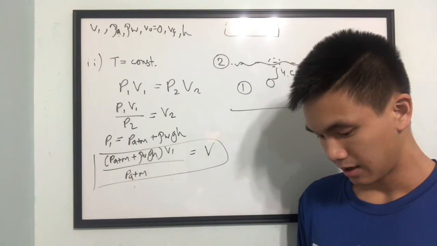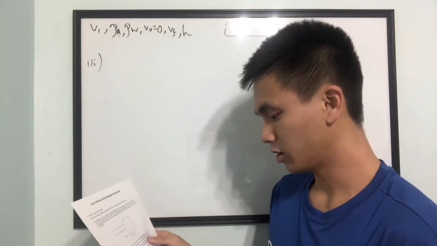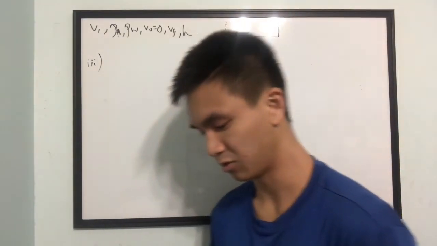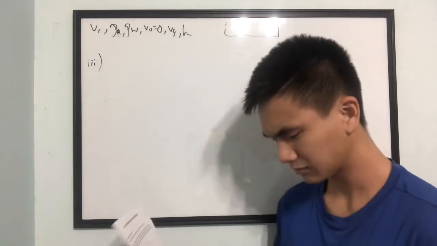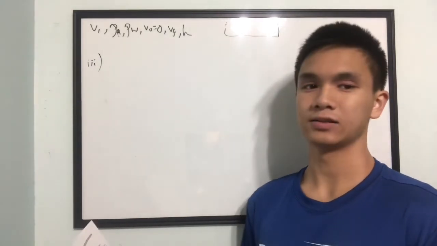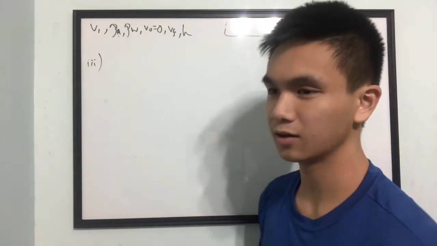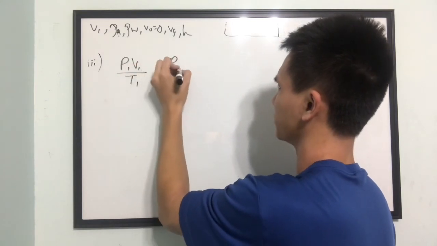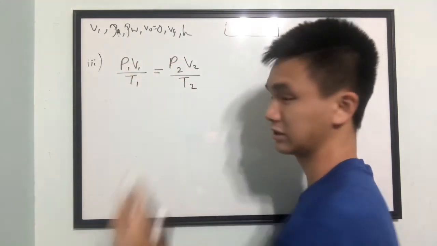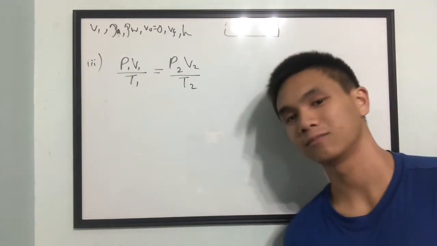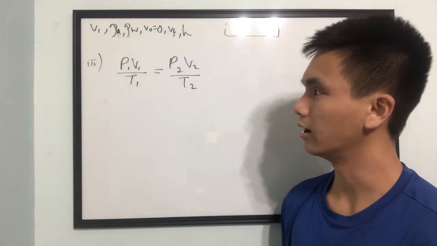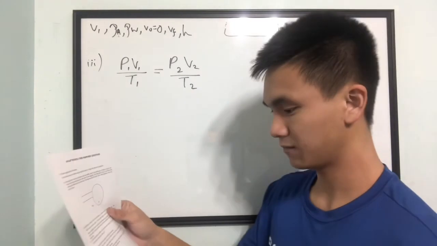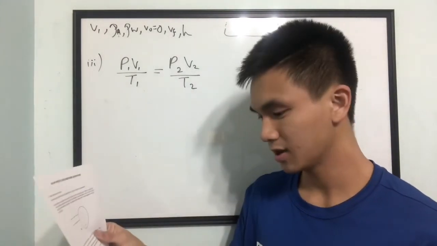So if the air in the bubble cooled as it rose, the volume of the bubble would be less than the value calculated in part C. Use physics principles to briefly explain why. Okay, so you can use the ideal gas law to demonstrate this. I would personally go for this. I would show an equation because I don't really like writing a lot of words. And then I would solve for V2 and basically explain that if you want to put this into words, I would say